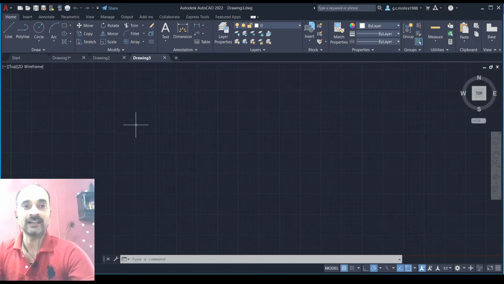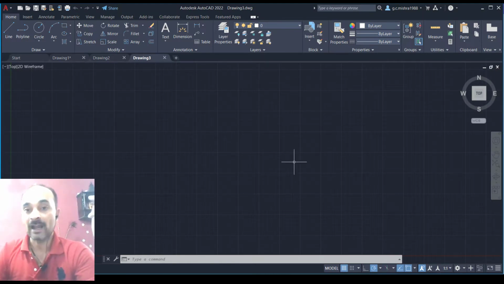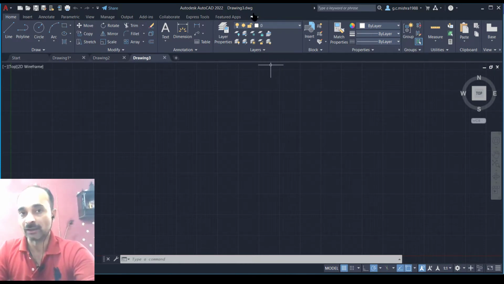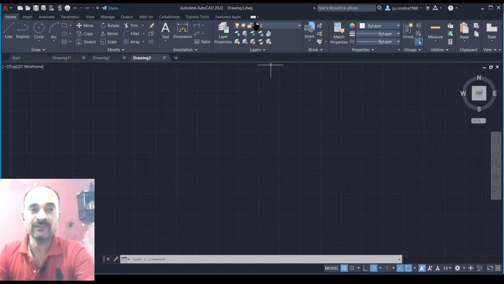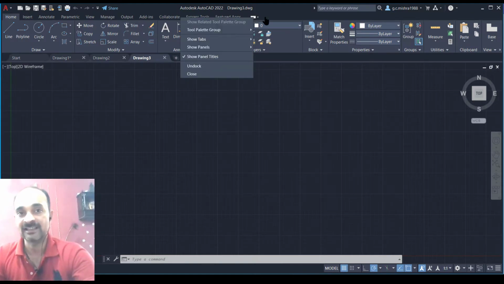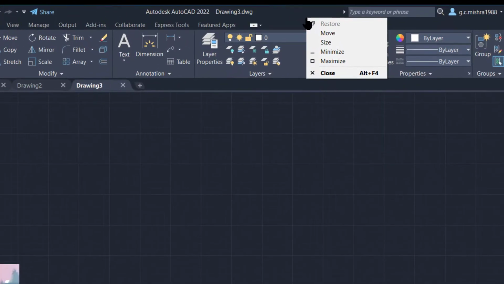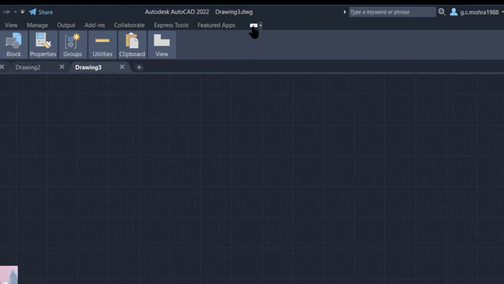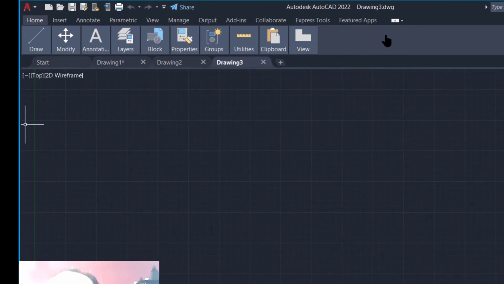As I have said earlier, time and space on the screen matter. If we are going to create a very large drawing, then space will be short. So sometimes we want to save space on the screen. So this toggle button, a YouTube type icon, exists here. If you click once on that, you will see some changes.